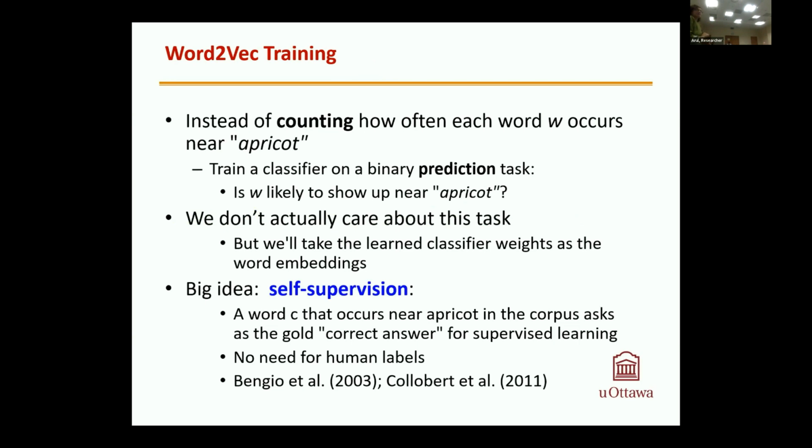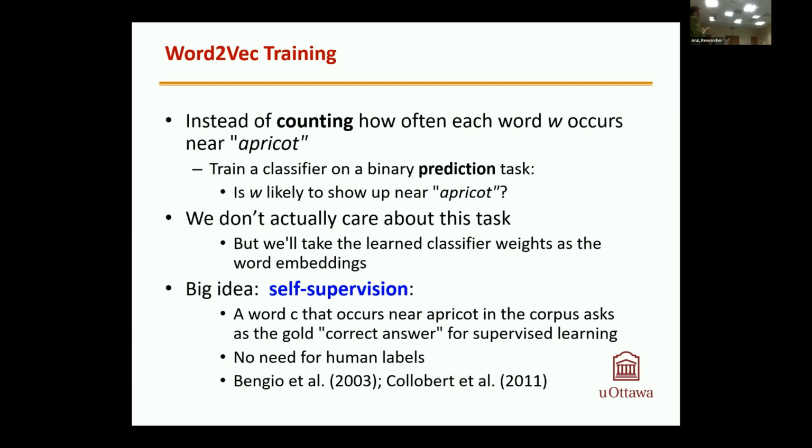And for example, if you see some word that appears a lot with apricot, what, apricot is a fruit? What is that word? Maybe it's a kind of food or dessert, or maybe it's a tree. So it depends on the context what the word that comes near apricot will be. And we don't necessarily want to classify, but we want to learn about every possible word, in what context, which words would fit better than others in a kind of text.